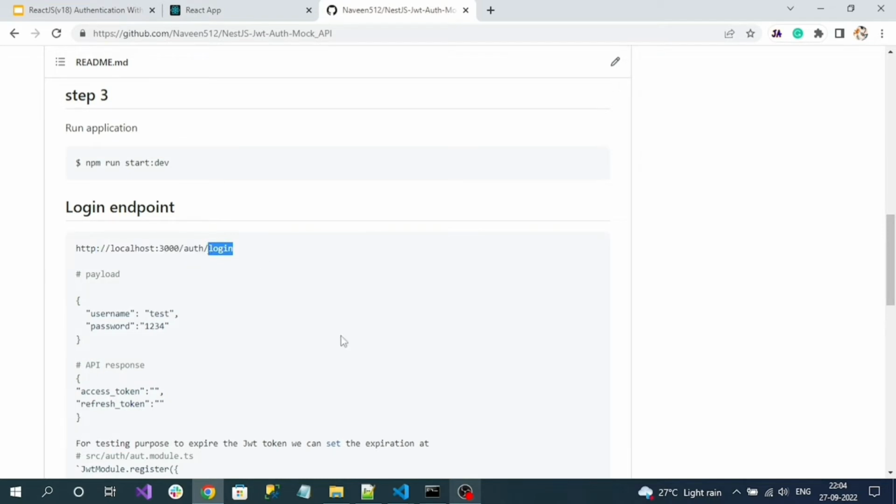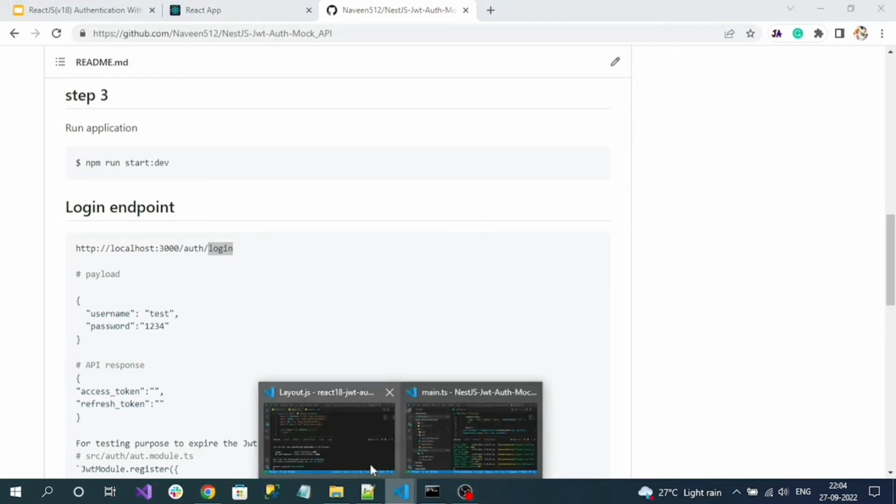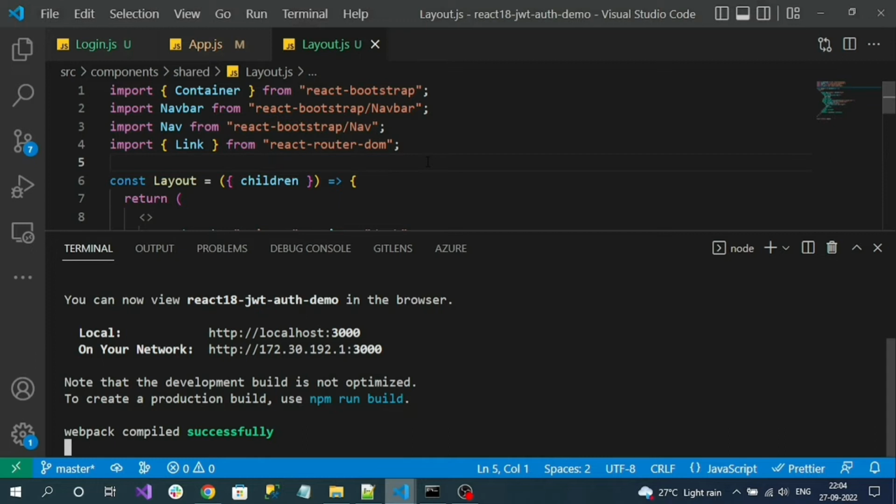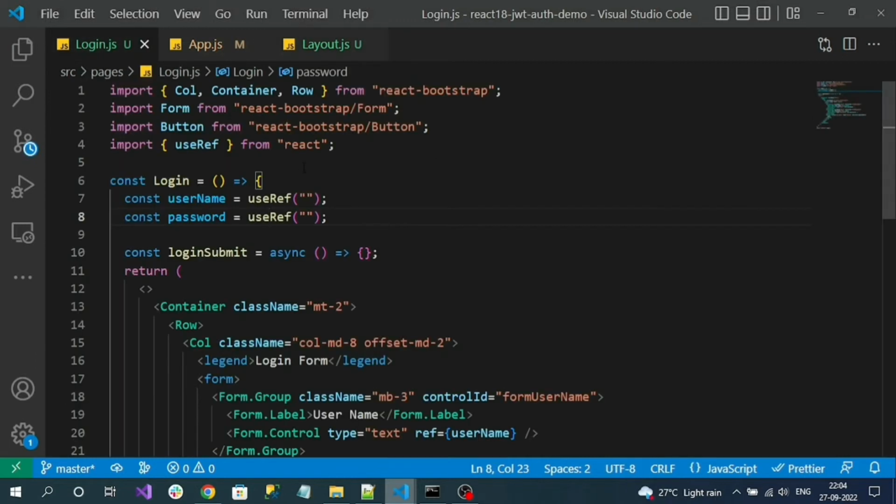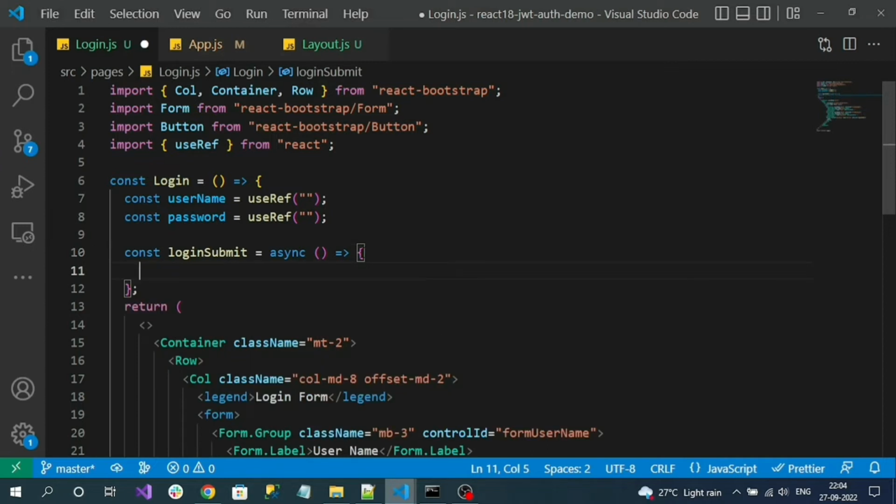So the first thing that we think about is in the login component. So this is the login component, right? In the login submit method, we want to invoke the login API. That is the first idea we will get in general. But the problem here is once the API call is successful, once we receive the access token, we are going